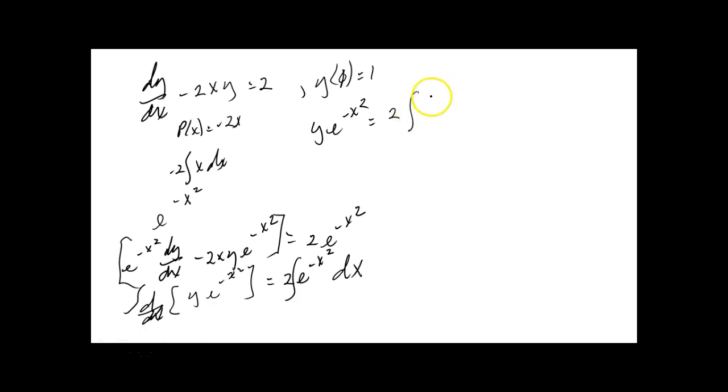Let's do it, won't hurt anything. e to the minus x squared dx. Then you can multiply both sides by e to the x squared, so you get y is equal to